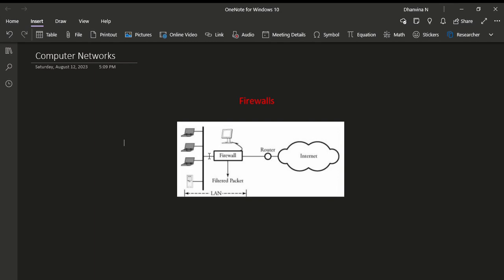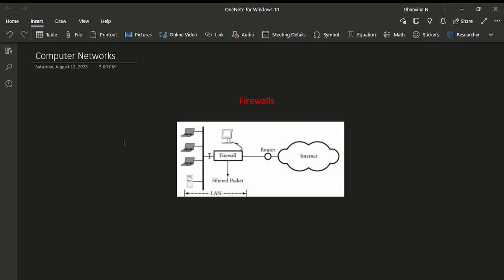But in hardware devices, it can be hacked only if the hacker plays with the device. You cannot directly access the hardware device from the internet.